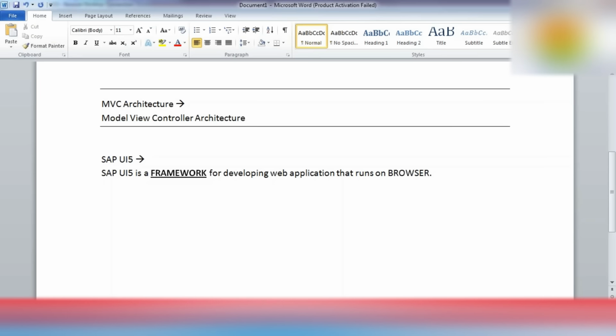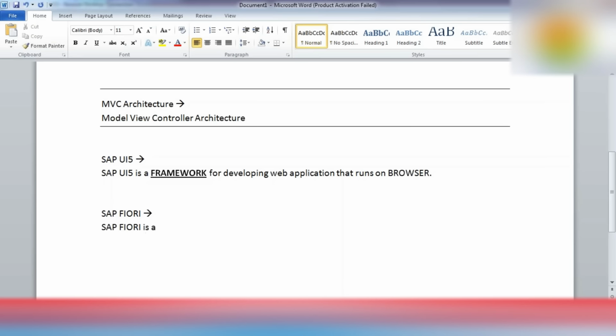And let me first tell you what SAP Fiori is.